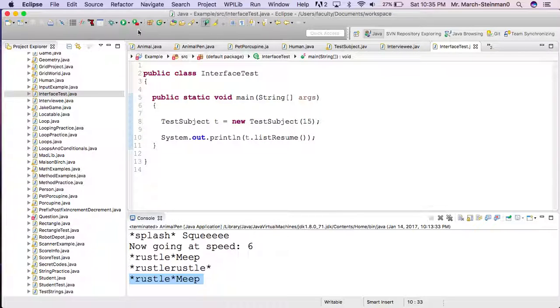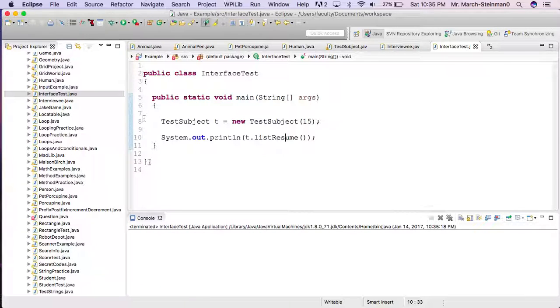And right now that should be empty, because he hasn't eaten any foods, or she hasn't eaten any foods. We don't have a gender assigned to the test subject, although we certainly could do that. t.eat